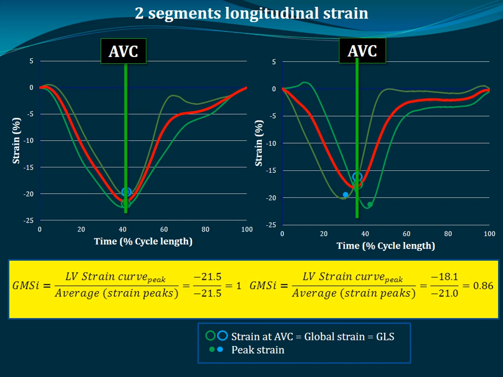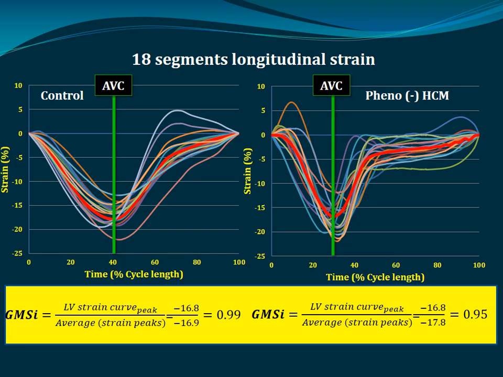So you can create a global mechanical synchrony index, and if it's less than 1, or a lot less than 1, it could be a very early change that you can look for. And this is how it looks for 17 segments. You can actually calculate it. In a normal patient it's near 1, and very uniformly so. This is an example for patients with hypertrophic cardiomyopathy. You can see that you have a larger dispersion of timing of strain. So if you have a very minute desynchrony that was not there to begin with, you can see or